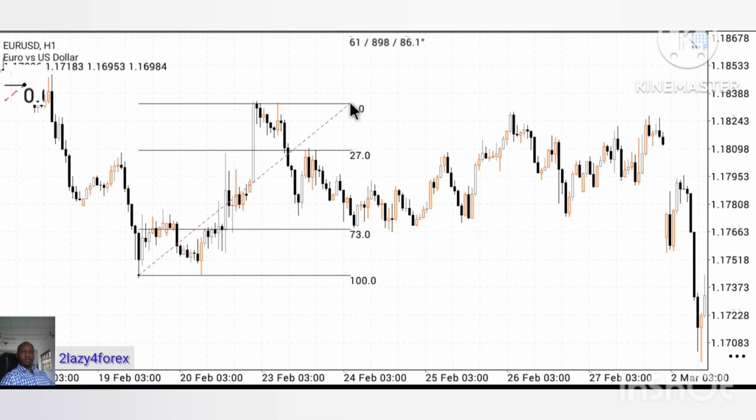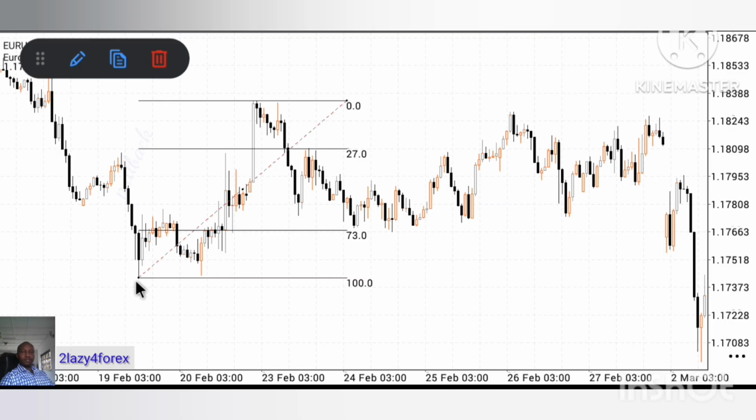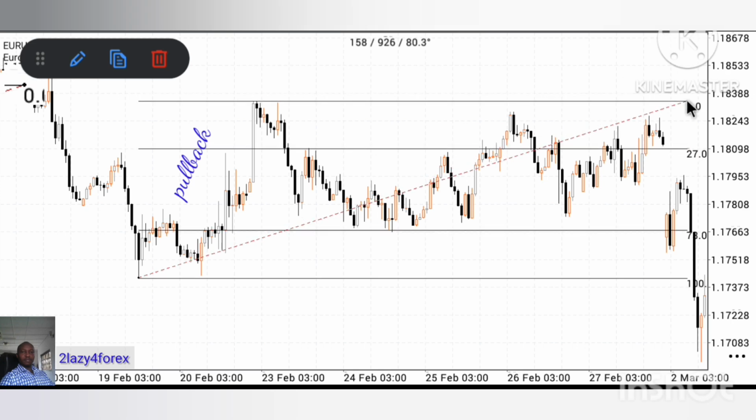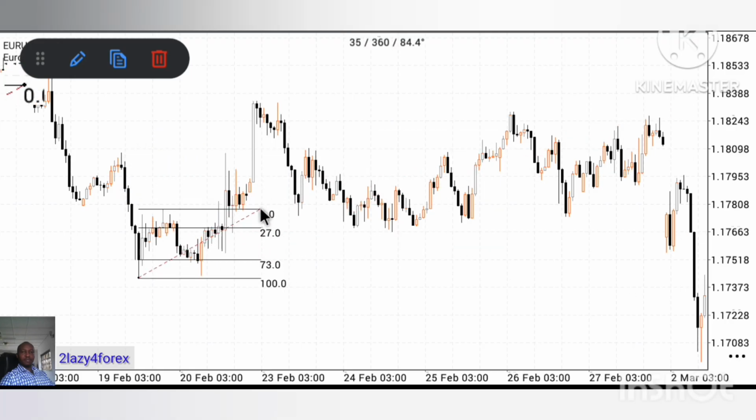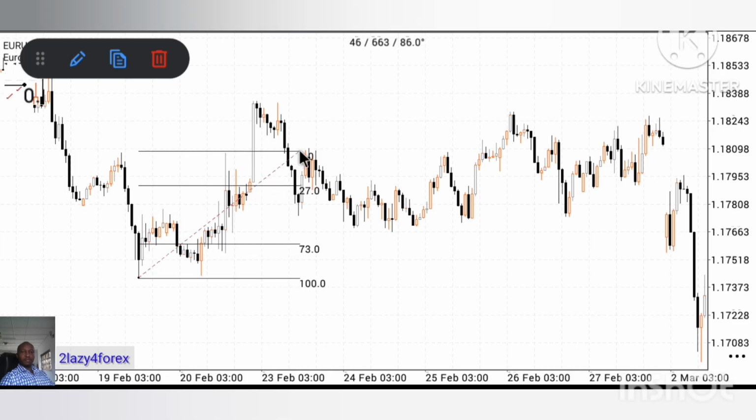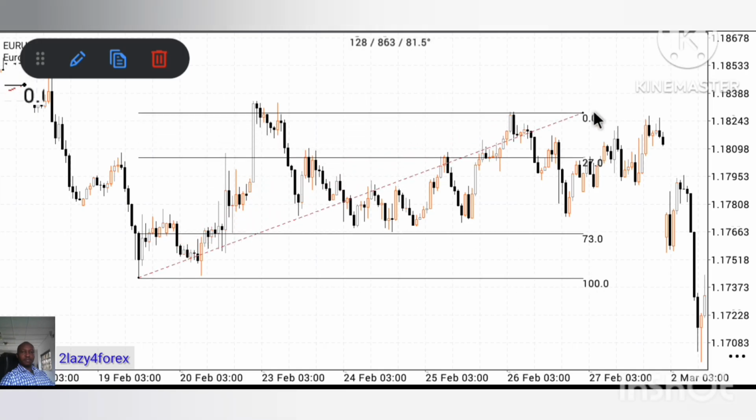So let's pull it from the bottom to the top, from the start of that pullback to the end of that pullback. Let's now expand. The rule for this strategy is once you pull it from there, you follow it. I said it earlier, you follow it. Once the pullback starts, you put it at the highest spot. If there's a break below the 27 spot, and a lower low, you wait for it to pull back. But until you have that,